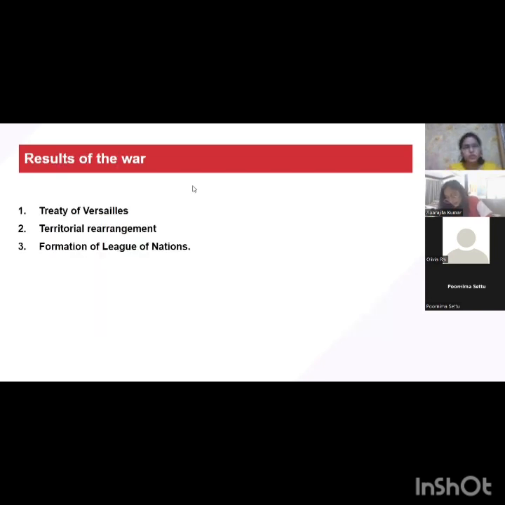Okay, so now the next important part of this war is the treaty, the outcome of the war. In the previous session we saw the causes. As I mentioned, in UPSC, mainly causes and consequences are very important. So causes we have covered. Today we have covered the major part, that is the course of the war. The remaining part is the aftermath, the consequences of the war, and the first important consequence is the Treaty